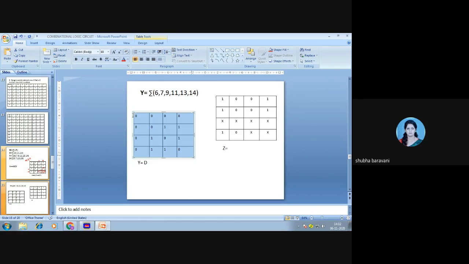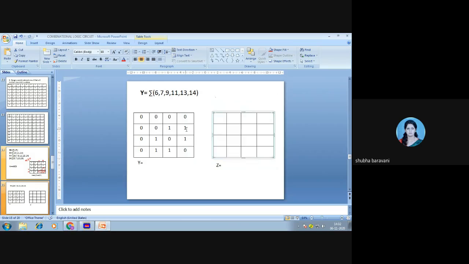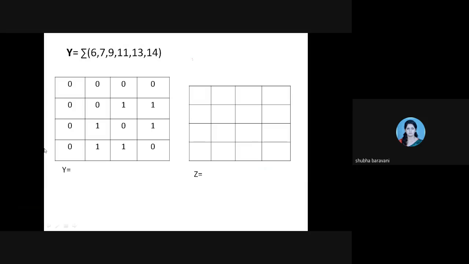Okay, check the K map for Y. Check the K map for Y, everyone. Tally your K map for Y. Get me the expression, please.